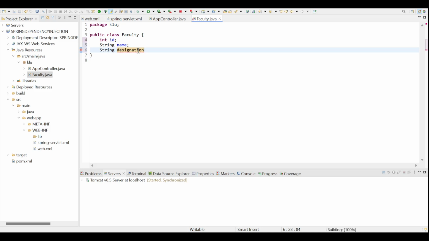So these are the properties I created for the class faculty. Then I'm going to generate getter and setter for these data members because I'm going to implement the dependency injection using setter methods. So how can we generate getter and setters? That already you know. By right click on the file name in the project explorer, there is an option called